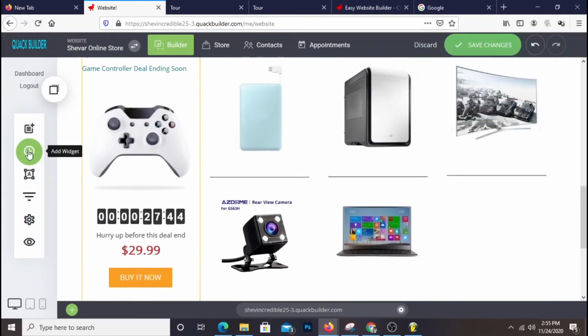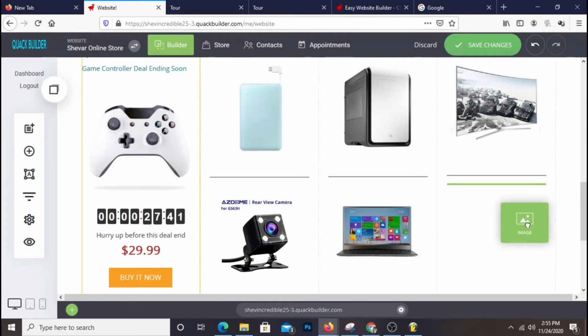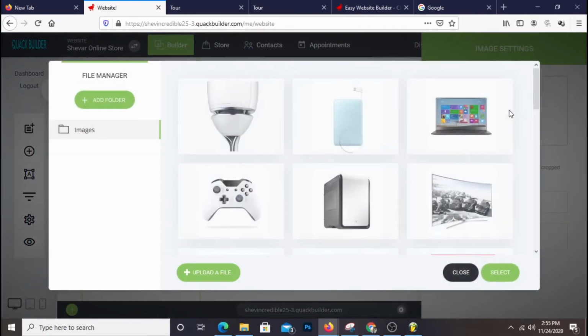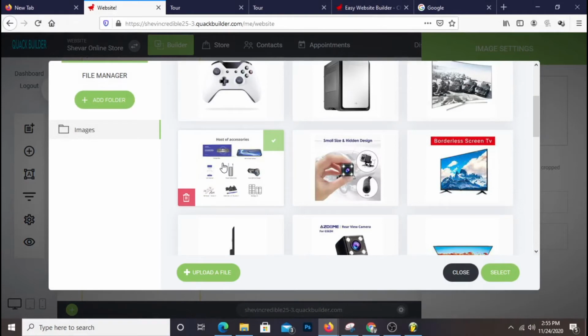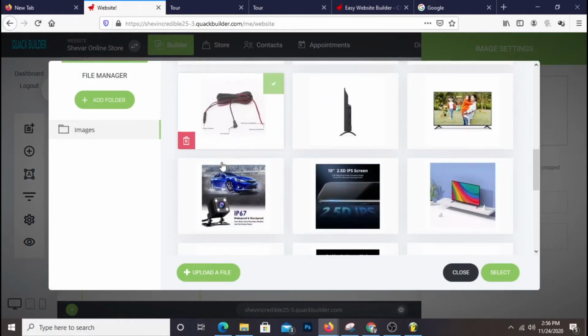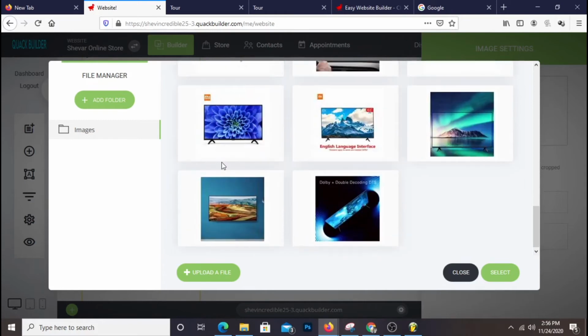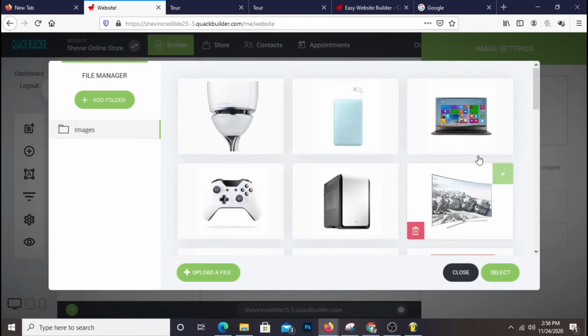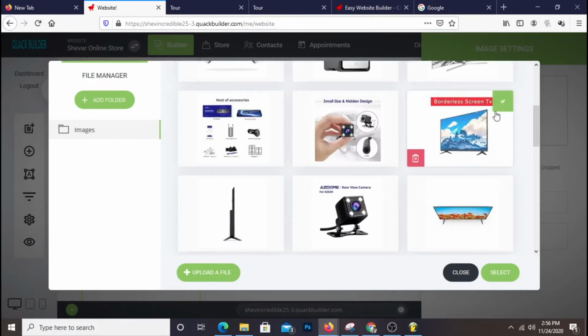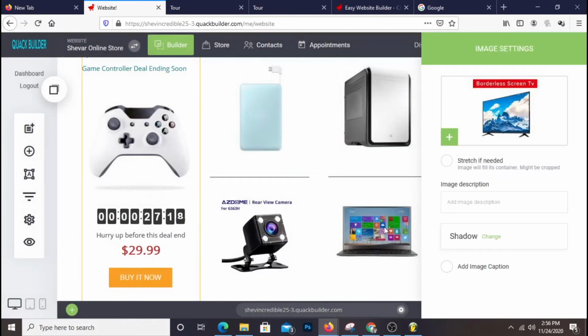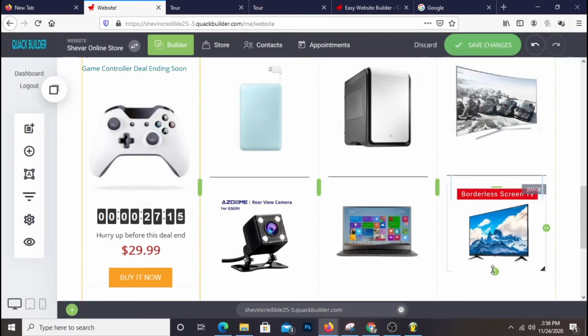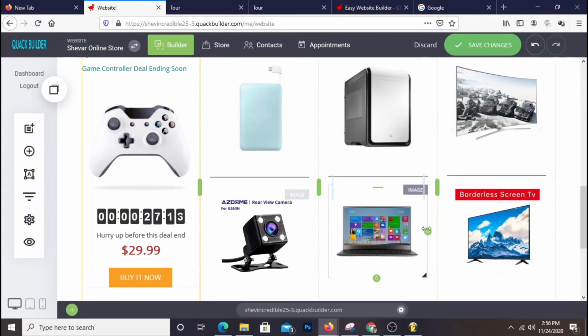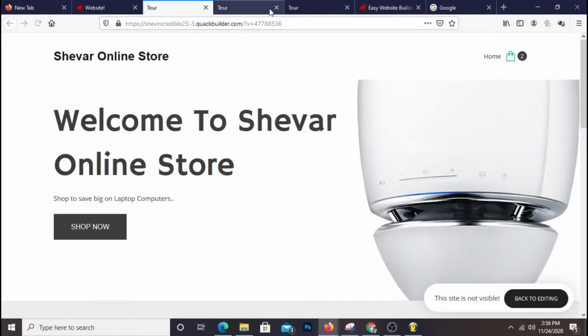Okay, and last but not least, put another one right there and click. Alright, so where's the other one? I never put that one in. TV. I think I did do another TV, probably this one. Anyway, I'm just doing this for demonstration purposes, but make sure guys that you choose all your products that you created in your store. Okay, then I'm just gonna click save, and if I click preview, showing a new tab,